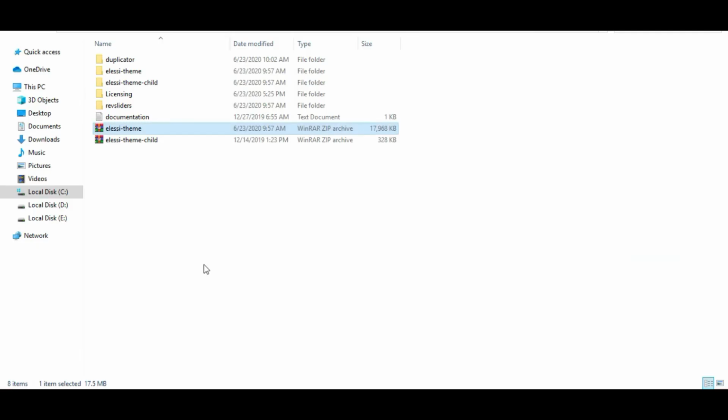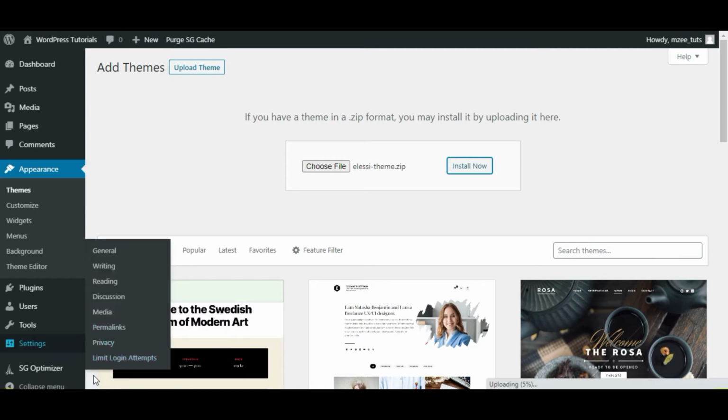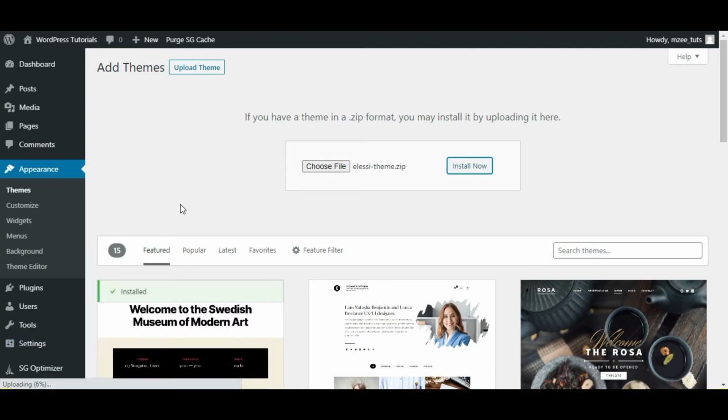You can also just drag this file onto the Choose File button and it will make it selected. And once the file is selected, you see here the zip file name. Just hit the Install Now button. You can see below the file is uploading. You can see at the bottom left corner that the file is uploading.